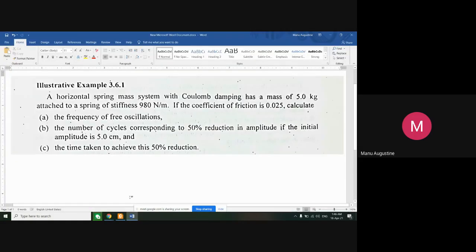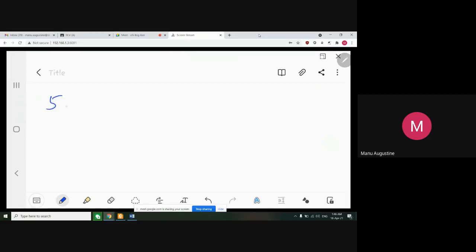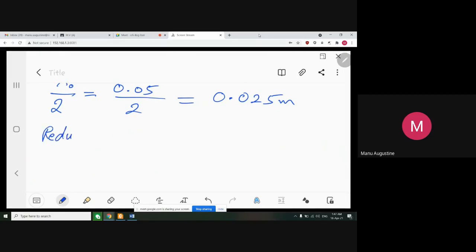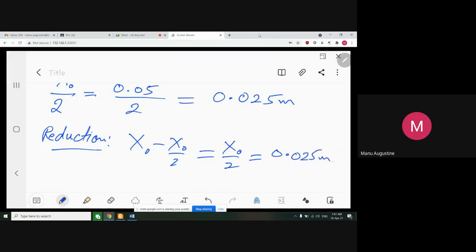ये बोलता है कि भाई 5 सेंटीमीटर था, इसको एसआई यूनिट्स में कन्वर्ट करना पड़ेगा। 5 सेंटीमीटर मीन्स 100 से डिवाइड कर देते हैं, 0.05 मीटर्स। ये तो आपका x0 है, यानी कि स्टार्टिंग एम्पलीट्यूड। तो 50% रिडक्शन के बाद x0 बाई 2 बच जाएगा। तो बचा हुआ जो एम्पलीट्यूड है ये कितना हो गया, 0.05/2, that is 0.025 मीटर्स। This is my x0 by 2। तो मेरा रिडक्शन इन एम्पलीट्यूड कितना हुआ, ये हुआ x0 माइनस x0 बाई 2, that is again x0 by 2, so it is also equal to 0.025 मीटर्स।